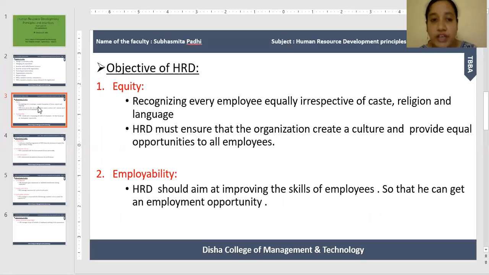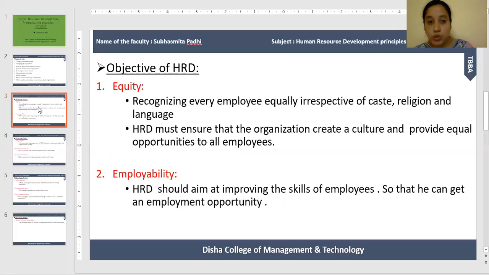So the first objective of HRD is equity. Here equity means what? Equity means equality. Means HRD gives importance to all the employees. HRD focuses on all employees irrespective of caste, religion, gender, languages, and different cultural backgrounds also. HRD gives equal importance to different people from different backgrounds, different castes, different religions. So it gives equal importance to every employee of the organization for developing their skill, knowledge, and competencies